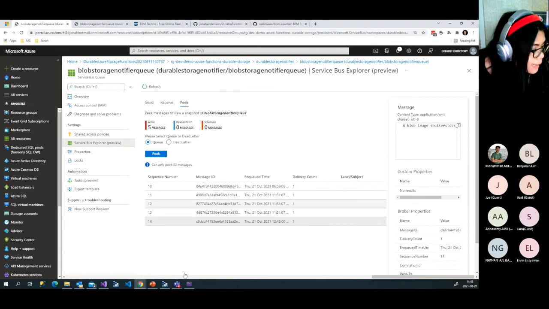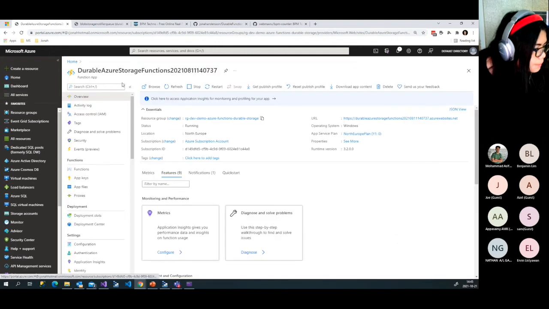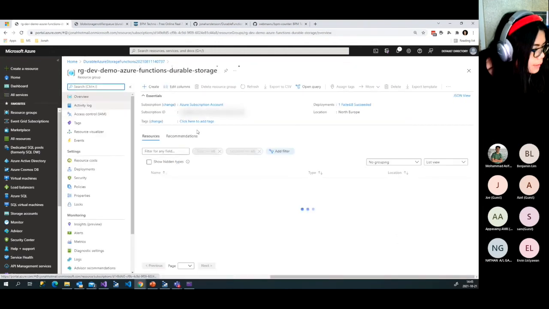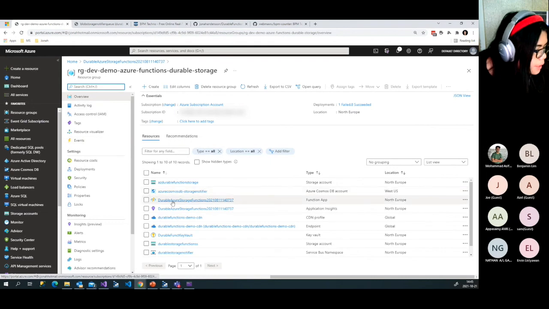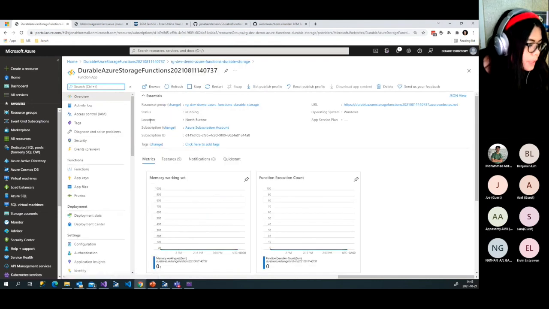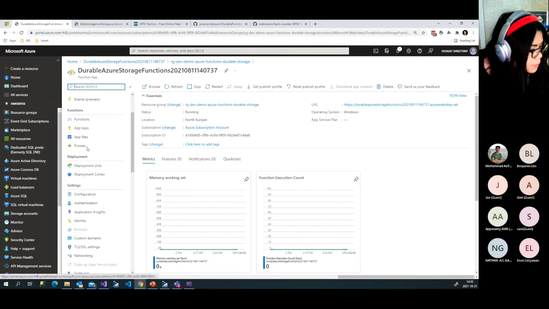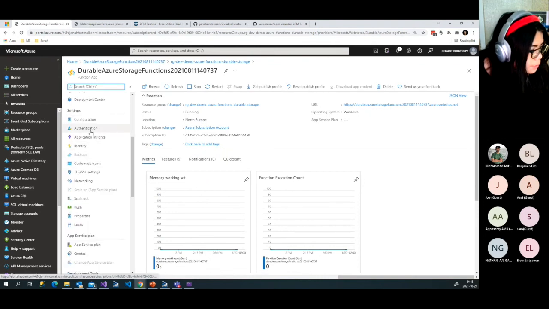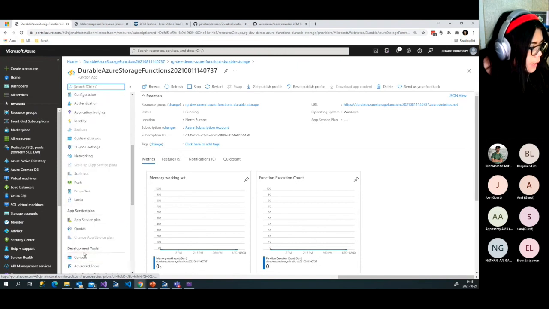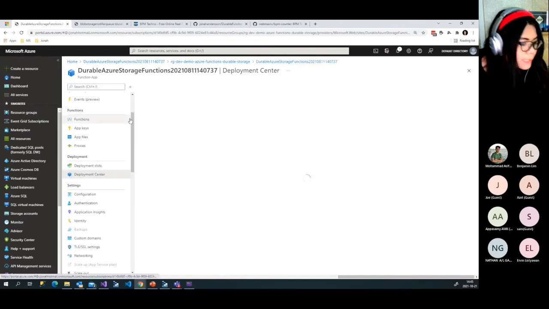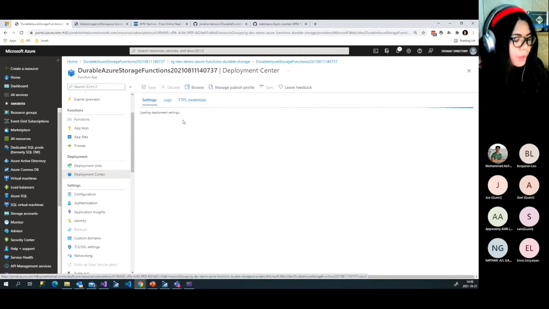So that's my demo, but I want to show you how it actually looks in the function app. In the function app, you have a lot of options here. You can set up your security, your configuration, for example, app insights and custom domains. For the deployment center in a function app, you can set up your GitHub Actions.